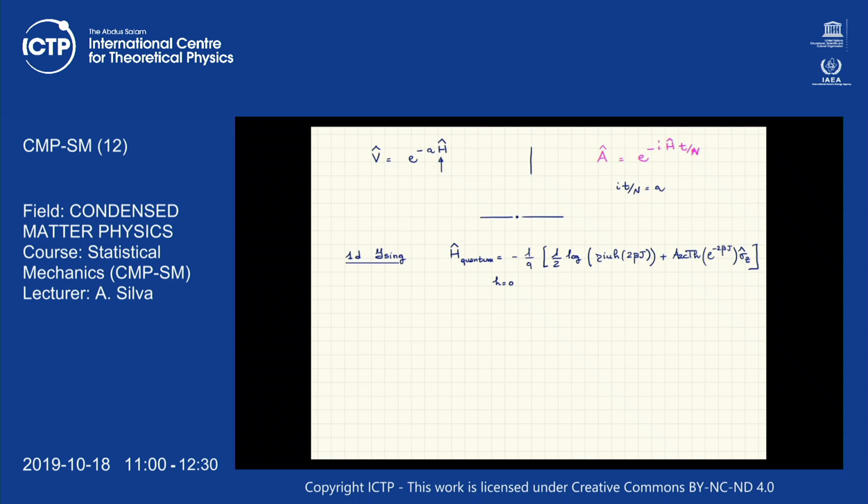Now, for the one-dimensional Ising model, this is a pretty useless statement because we know that we have to diagonalize a 2x2 matrix, and a 2x2 matrix is of course equivalent to a quantum mechanical spin, so it's not a big deal what we just discovered. But this quantum to classical correspondence becomes extremely important in higher dimensions. For example, if I take the two-dimensional Ising model on a square lattice,